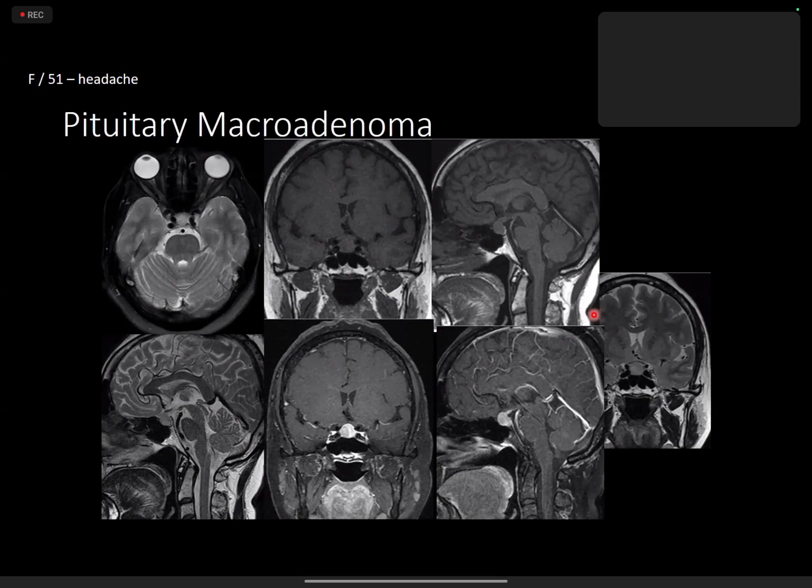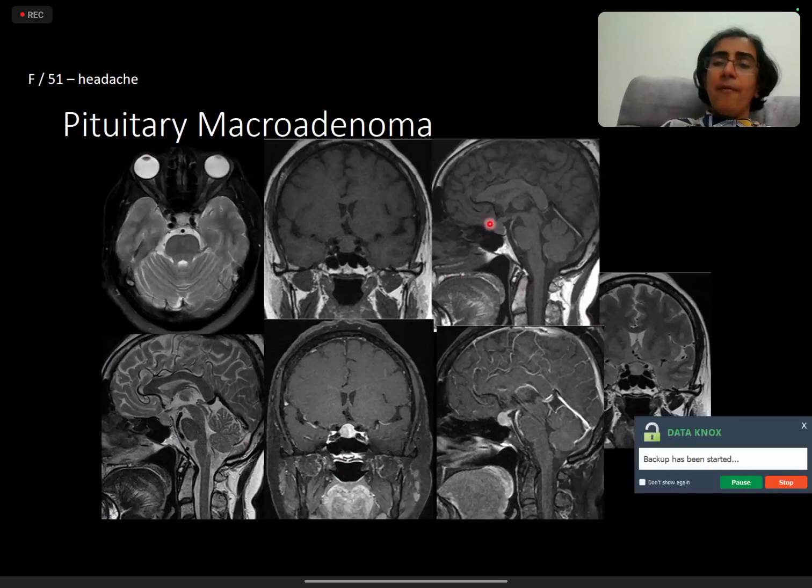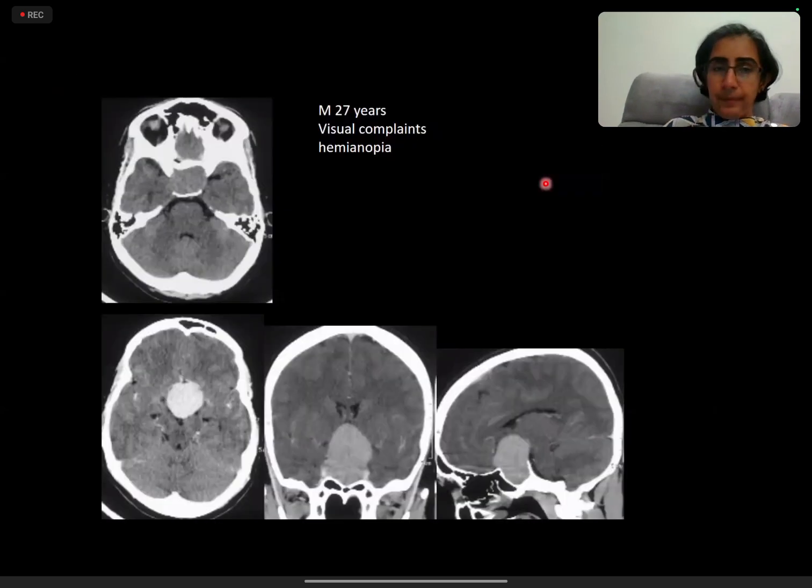So this is a macroadenoma. This is much smaller. With a routine complaint like headache, it might be difficult to find this lesion, but quite likely any of us can miss this pathology. So even when we are reading routine MRI brain scans, it is important to evaluate all parts of the brain, including this very important mid-sagittal image, which will give us a clue to sellar and suprasellar pathologies.